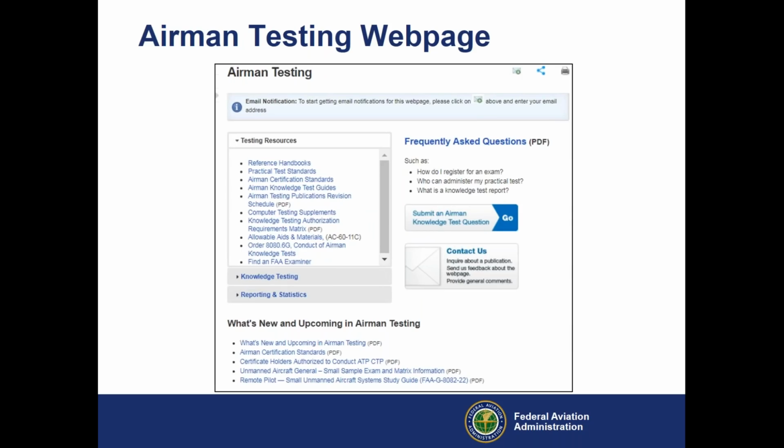Let's close with a look at some of the resources the ACS team has created to support the use of these documents. The FAA's Airman Testing Webpage is the go-to source. It includes the ACS for private, commercial airplane, and instrument rating airplane, ACS frequently asked questions, an ACS brochure, an ACS PowerPoint presentation with notes, sample private, commercial, and instrument knowledge questions, and a What's New in Airman Testing document that includes a list of subjects deleted from airman knowledge tests.